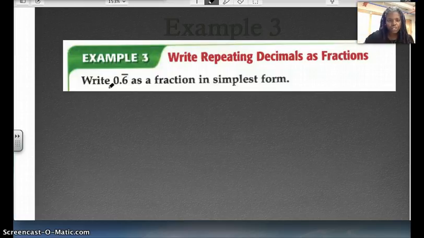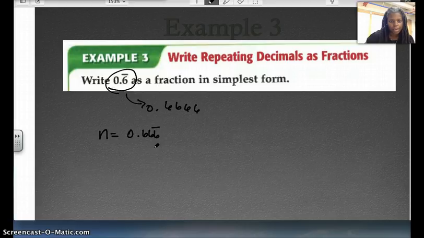In example 3, we are starting off with a repeating decimal, and we know that this means that 6 is going on and on and on forever and ever after the decimal point, right? And so what we're going to do is write it as a fraction. There's a trick to this, and it requires algebra, which is weird because we're in pre-algebra, but let's get started anyway. We'll first start by saying n is equal to